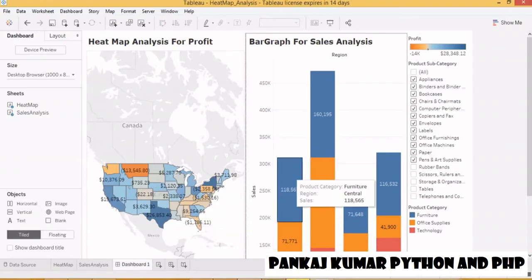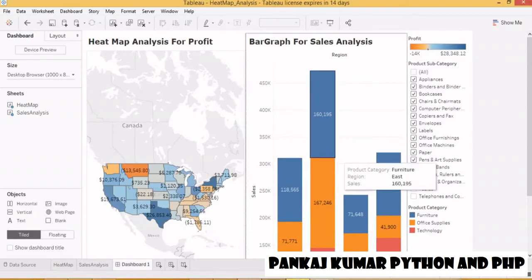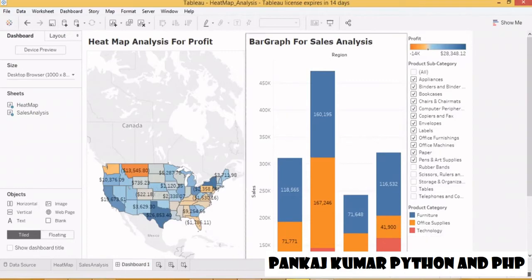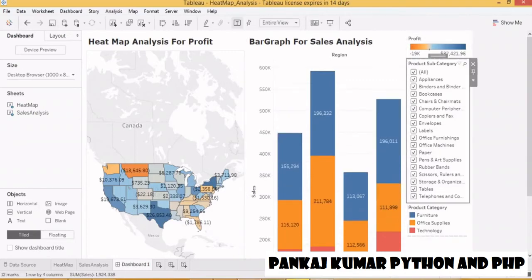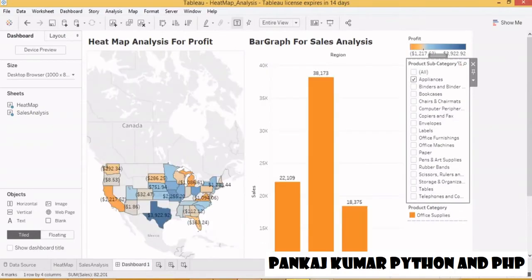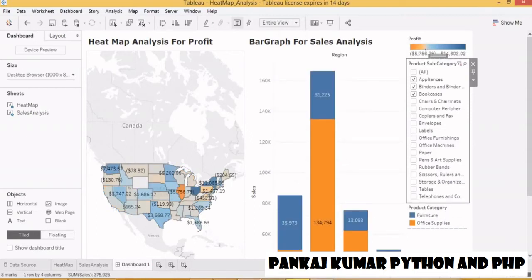Okay, so guys, now in one dashboard or one window, I have the 2 visualizations. One graph is a heat map and another one is a bar graph. Okay, so according to the functionality of a dashboard, if you change one graph, it should have an impact on another graph. Okay, suppose here I am selecting in my product subcategory the appliances. So guys, look at this, it should have an impact on both graphs. Okay, so if I select this and if I select this, so guys, look at this. If I am selecting the product subcategory, it is changing the graph accordingly.